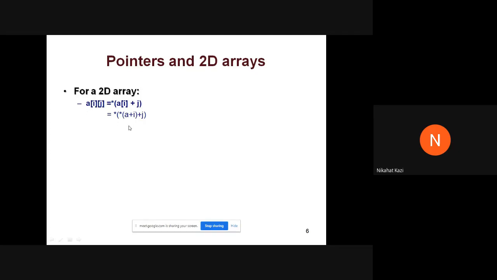So when we did the matrix multiplication program, we used this, if you remember, star of A plus i plus j. So basically, what is this i? It is a row number, j is a column number. Okay. So if you want to reach an element, it is star of A plus i. i is the row number. And when you do plus j, you will reach that element, jth element in that row, right? As we saw in these examples, you will reach the jth element in that row. So this will be the address of that jth element. This expression which is there inside the bracket, it will be the address of the jth element in ith row. Okay. And if you dereference that address, you will get the value at that address.